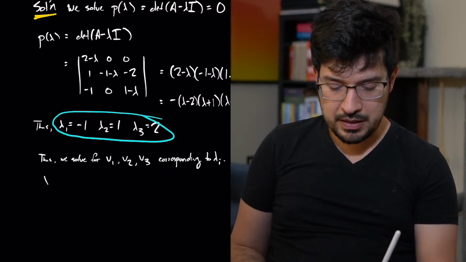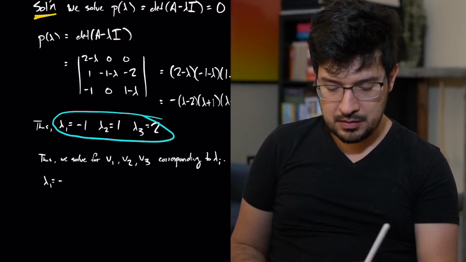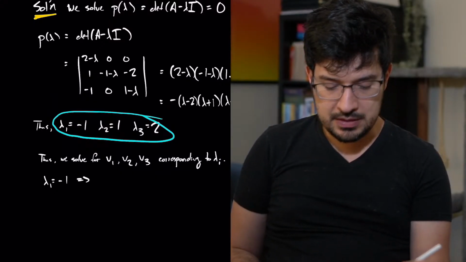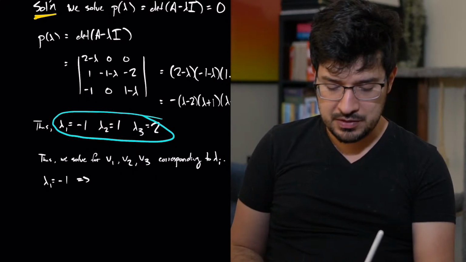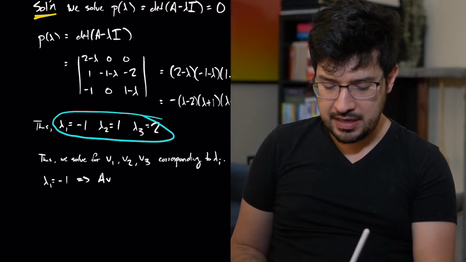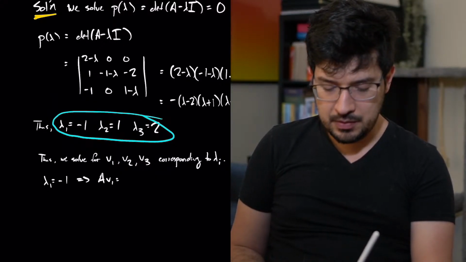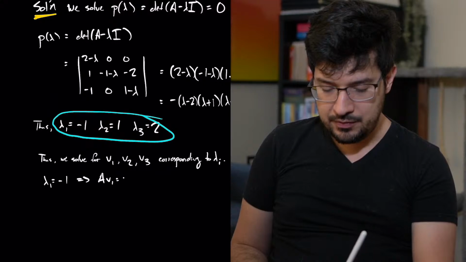So when lambda 1 is negative 1, then we're solving this equation: A V1 equals negative 1 times V1,